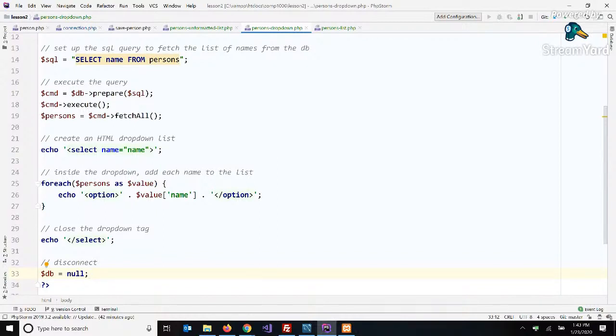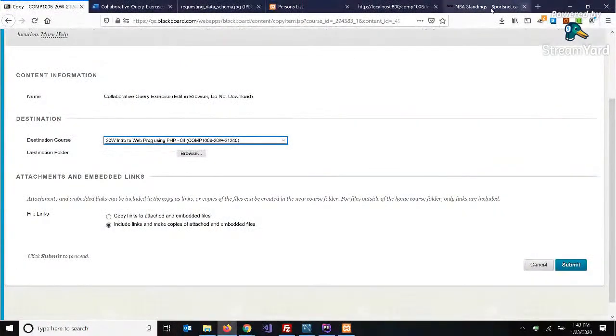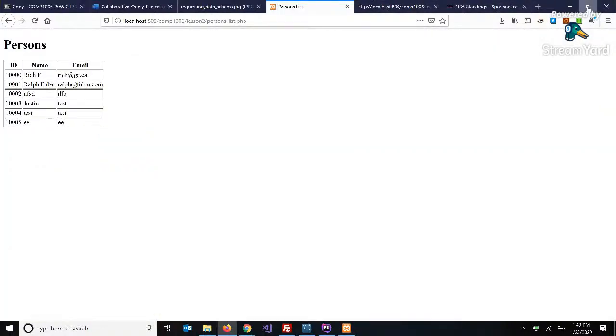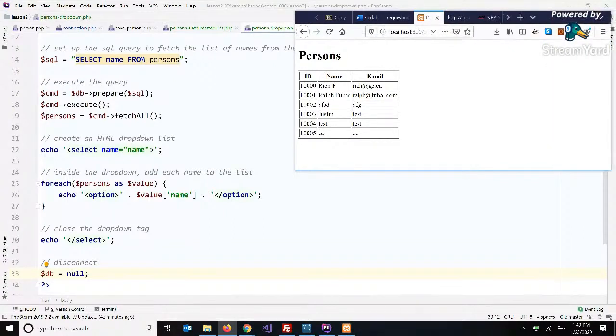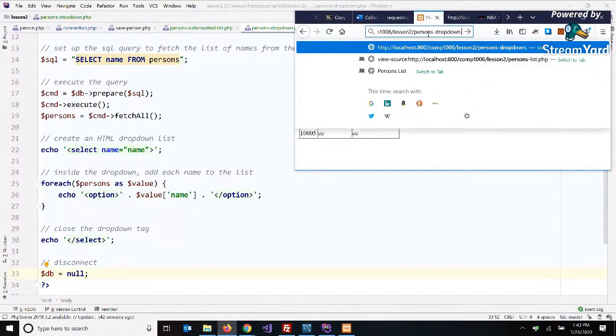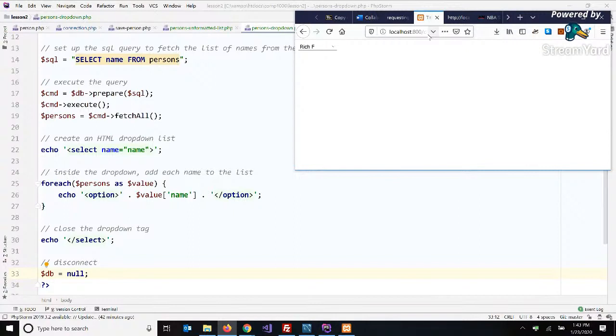So if we go and load this page now, hopefully, we have a drop-down list with all of the names from our table. So I'm going to load my persons. Okay, so here's my drop-down list. And now when I click, I have